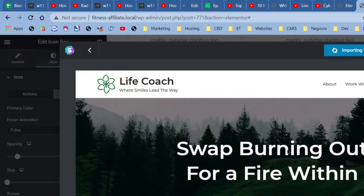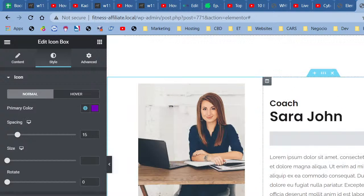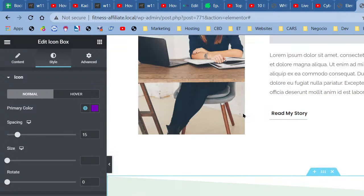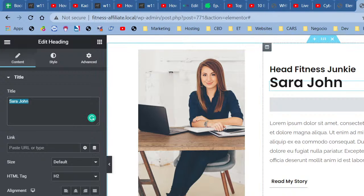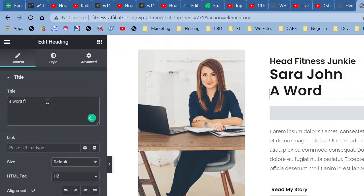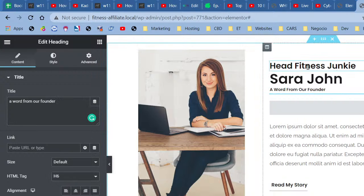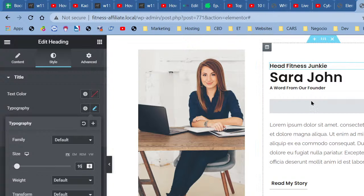All right. So the word from our founder is the most influential part in our about section, because it tells everyone where we're coming from, who we are, and what we stand for. So this is a word from our founder, and I'm going to say head fitness junkie, and, well, why can't Sarah John be our founder, right, guys? Let Sarah John be the founder. I'm just going to duplicate that subheading, a word from our founder. Okay. And I'm just going to make this H6. Yeah, that looks alright. So now I'm going to make this a little bit smaller, perhaps 14, 16. And I'm going to make this a little bit